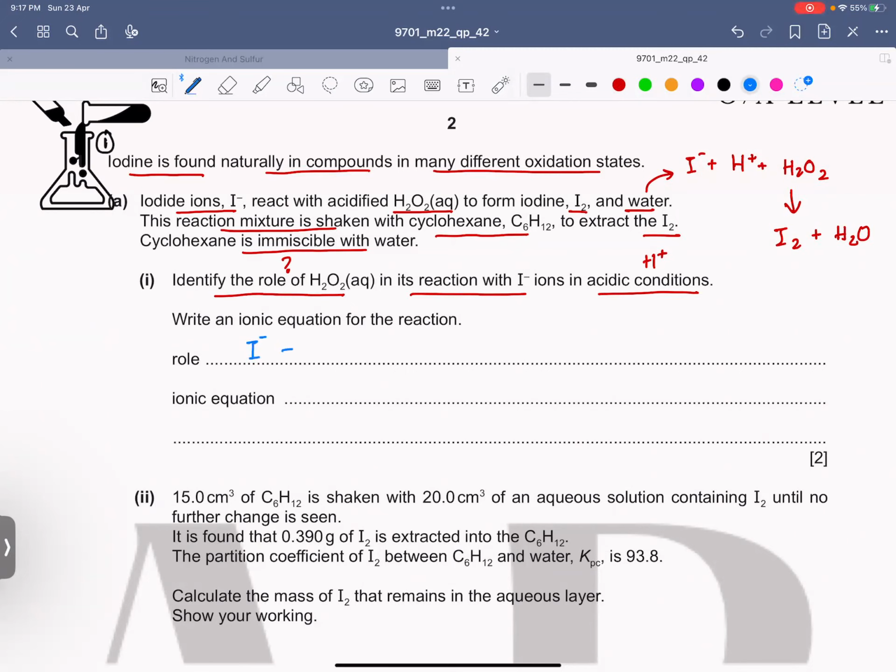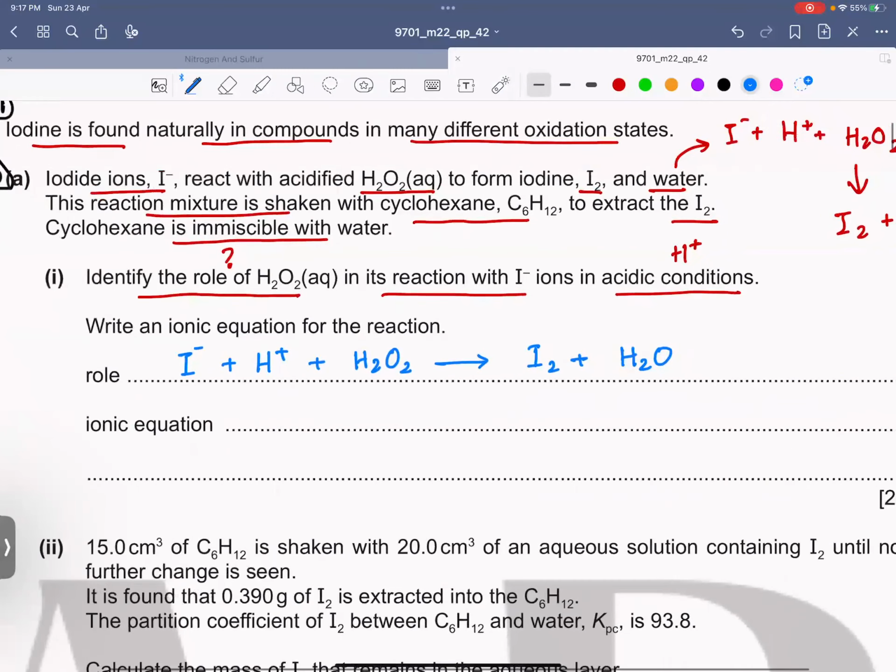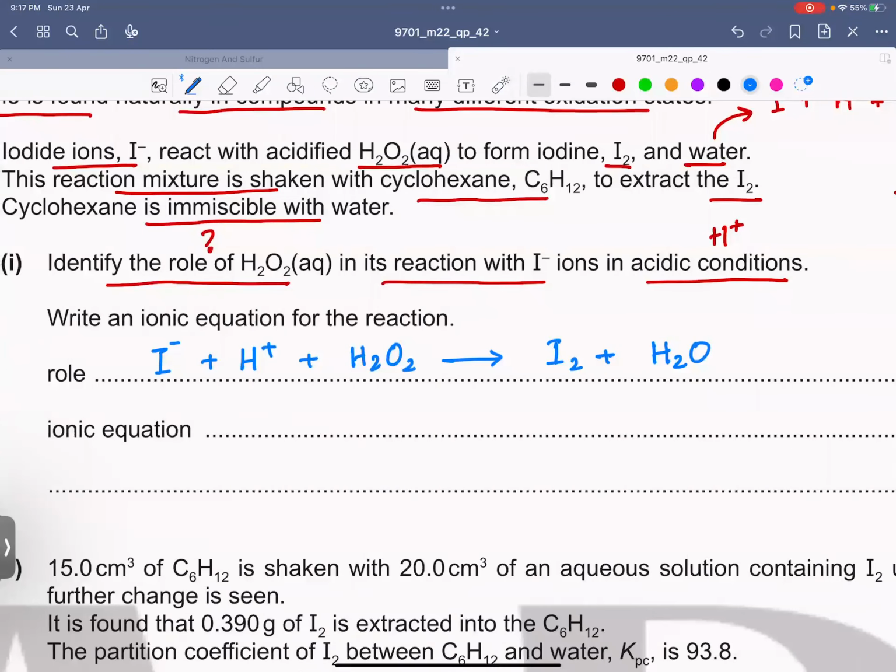So iodide ion, hydrogen ions, and hydrogen peroxide forming iodine and water. Now, this equation is unbalanced. It is not balanced. So we have to first balance it. So if I go for balancing,